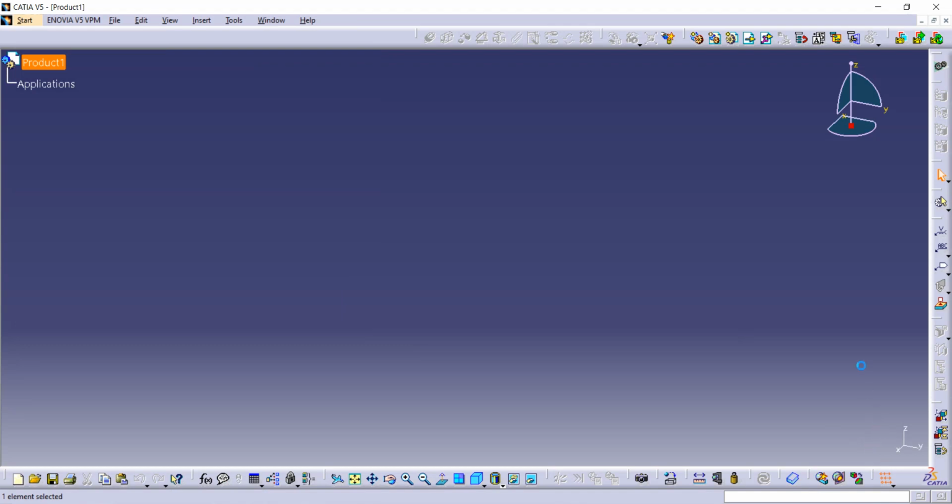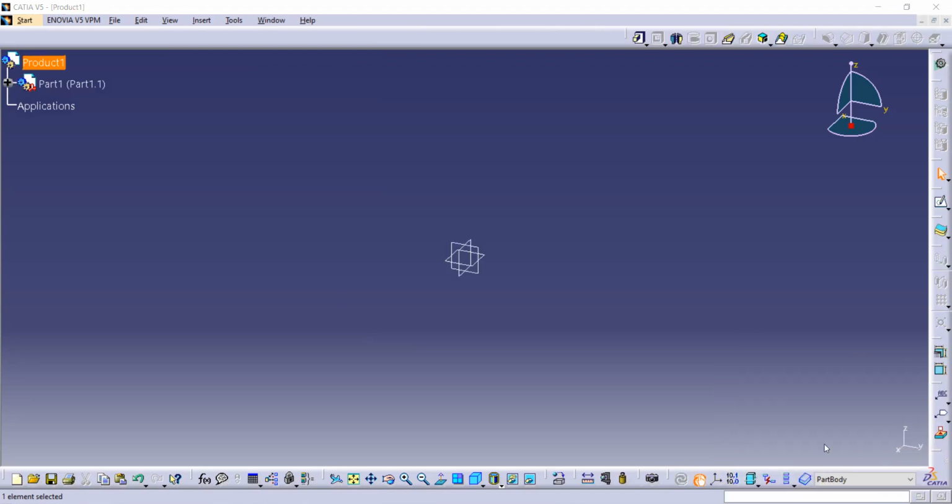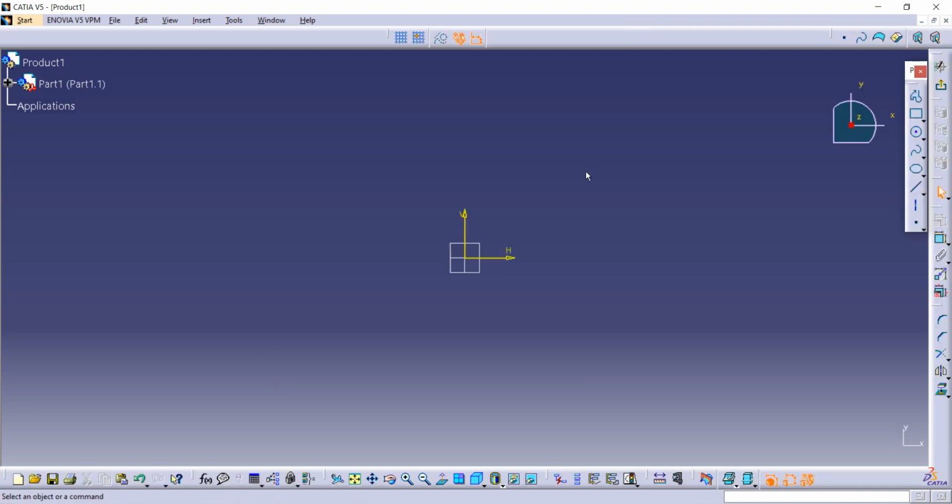After that it is taking some load. Now on this we have to select any plane, so I am selecting top plane, and after that go on sketch option from here. Now here you have to make